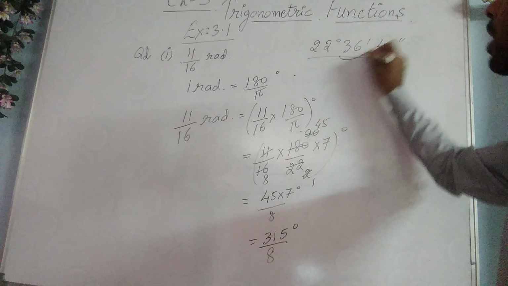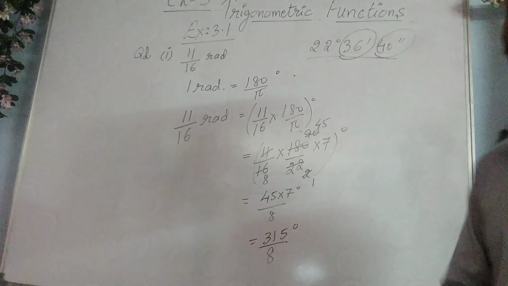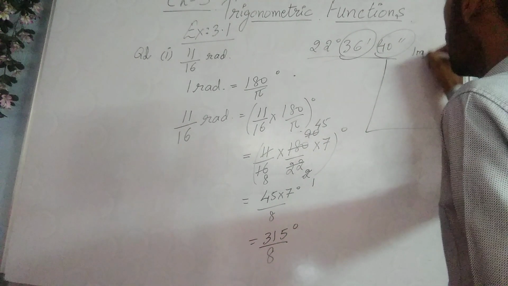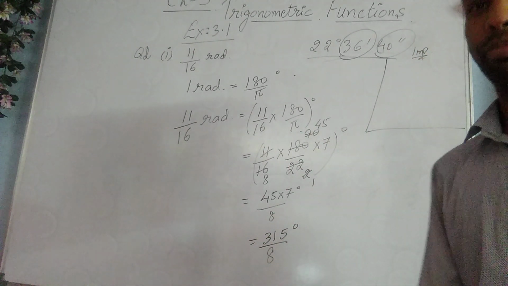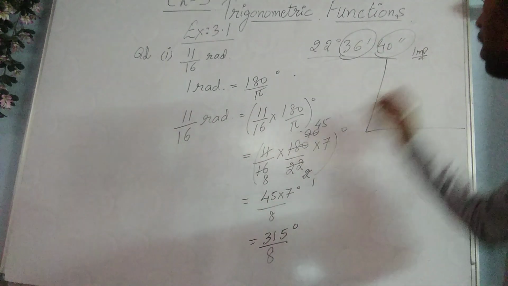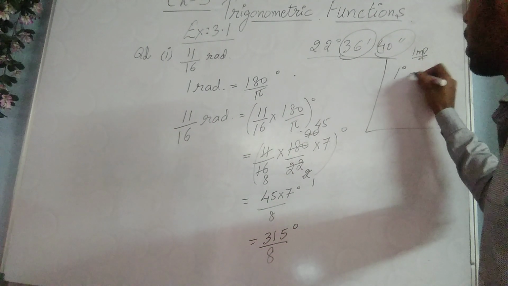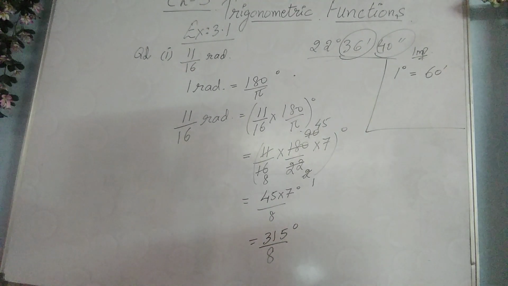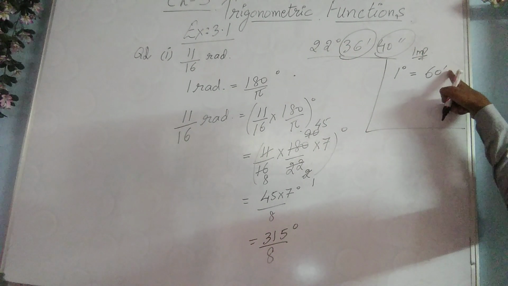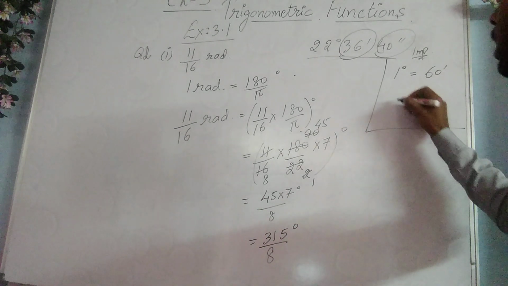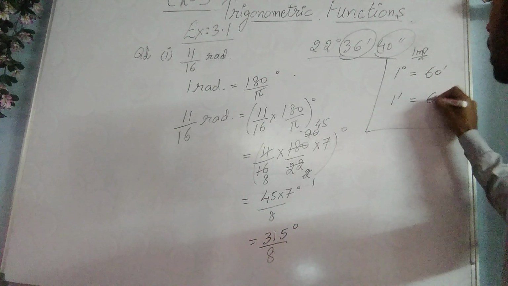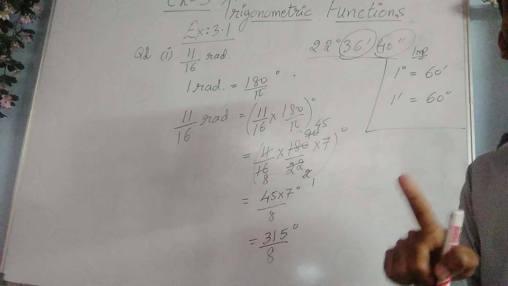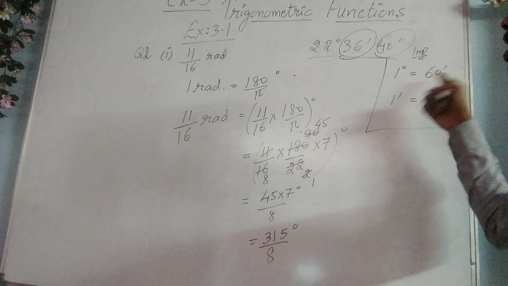Now what does this minutes represent and what does this second represent, students? See, you can note down here as important. These relations are also very important, and that goes like this, that 1 degree is equal to 60 minutes. This one apostrophe shows the measure of minutes, and secondly 1 minute is equal to 60 seconds. What does that mean? That if you have to convert degree into minutes, that conversion is